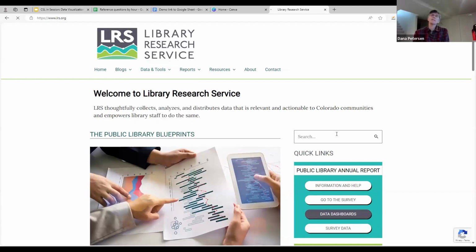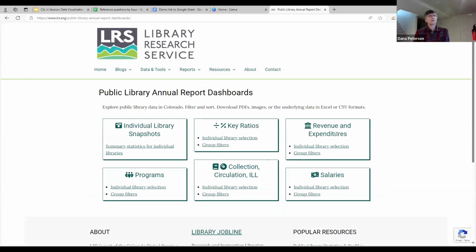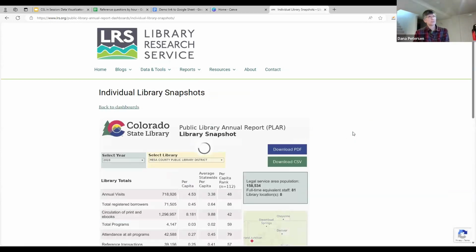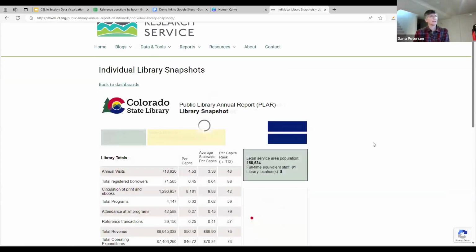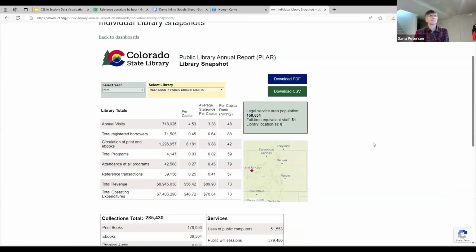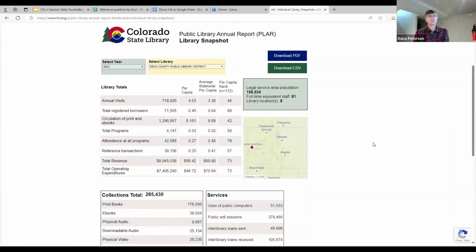If we go to these are PLAR, this is Public Library Annual Report data. It's our most readily available data source. Because why? Because you have to give it to us every year. Public libraries in Colorado have to give that to us every year. So just real quickly, this is not a visualization per se. It sort of is, I guess, but basically it's just a bunch of numbers thrown at you.